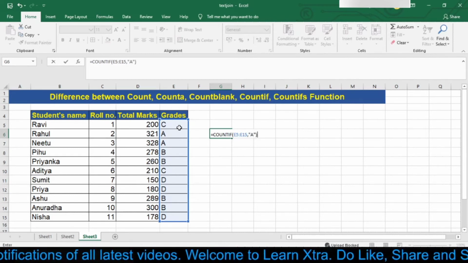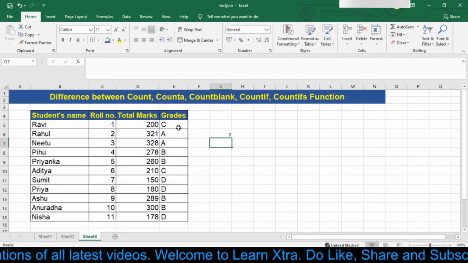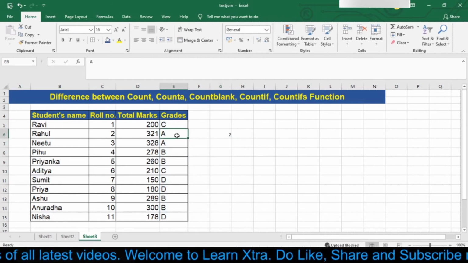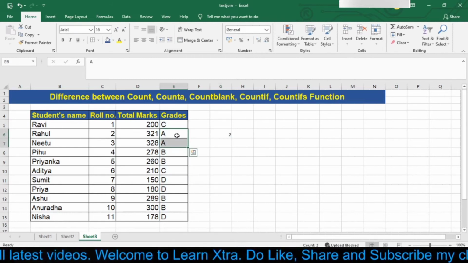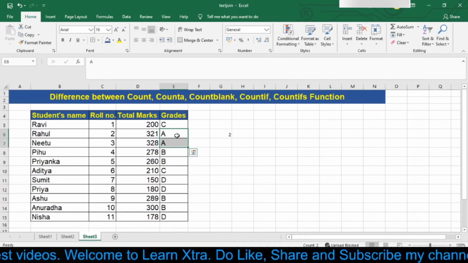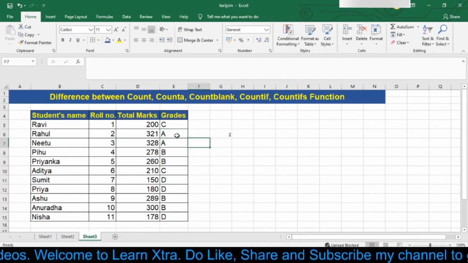Now I got my answer as 2 because I have only 2 students who have achieved grade A in their marks as their result.